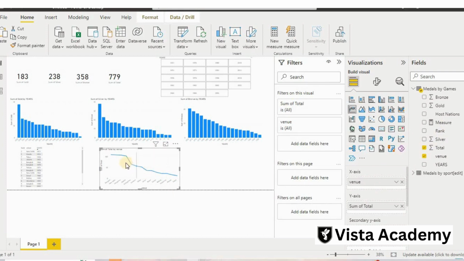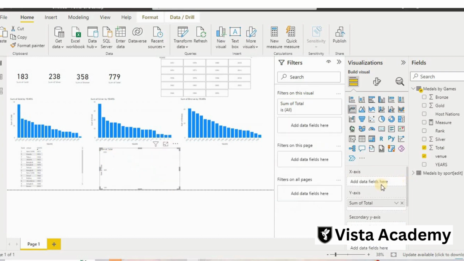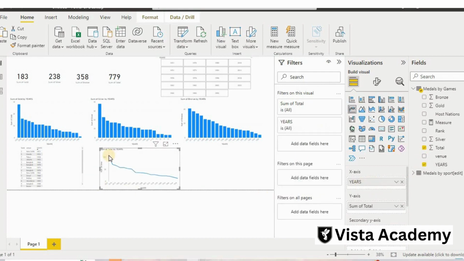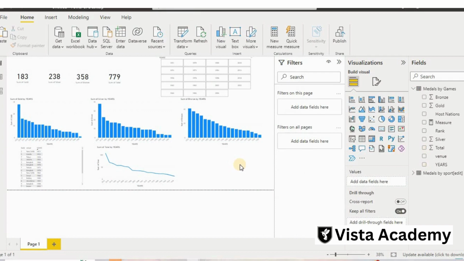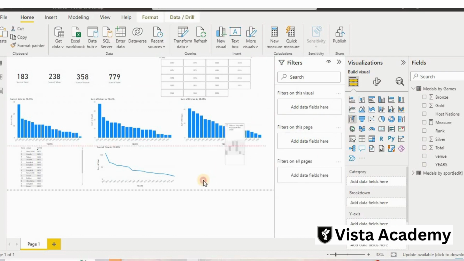So this will show us some details here, how our medals are increasing, like this year Bangkok, sorry, not venues, years, sorry, we have taken years here. Now it will show us how our medals are increasing here, 107 this year, 70 last year. So it will give us a very good idea about it. And if you want to create another chart like this, which is our waterfall chart, it will show whether we are increasing or is there any decrease in medals ever.